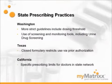Now, many states are adopting or promoting best prescribing practices. I think Washington has definitely led the way in strict guidelines that include dosing thresholds. They also promote the use of screening and monitoring tools such as urine drug screening. Texas has recently